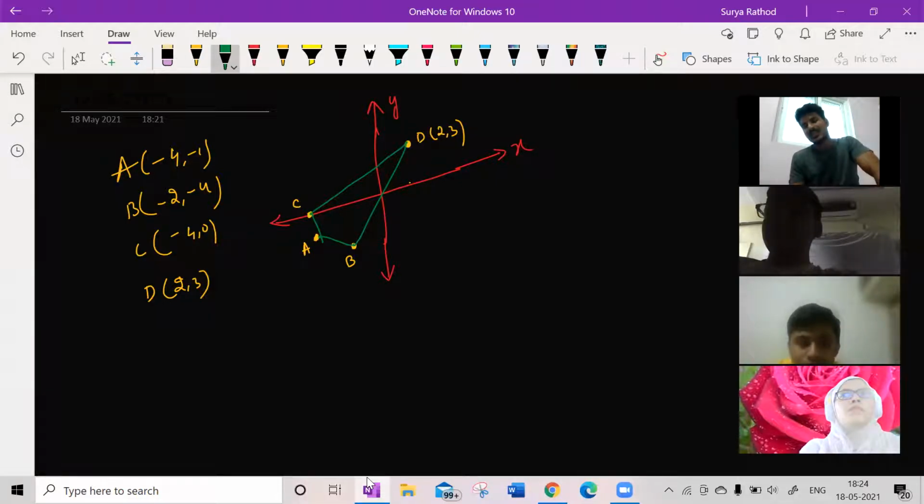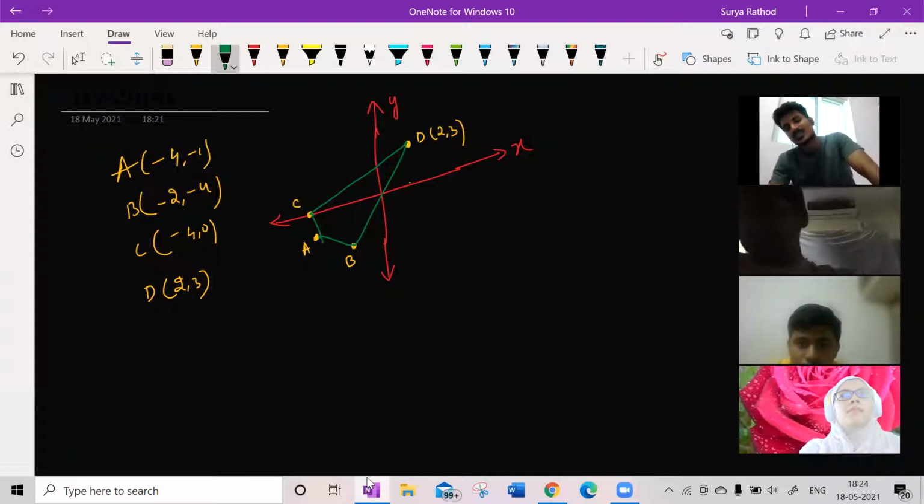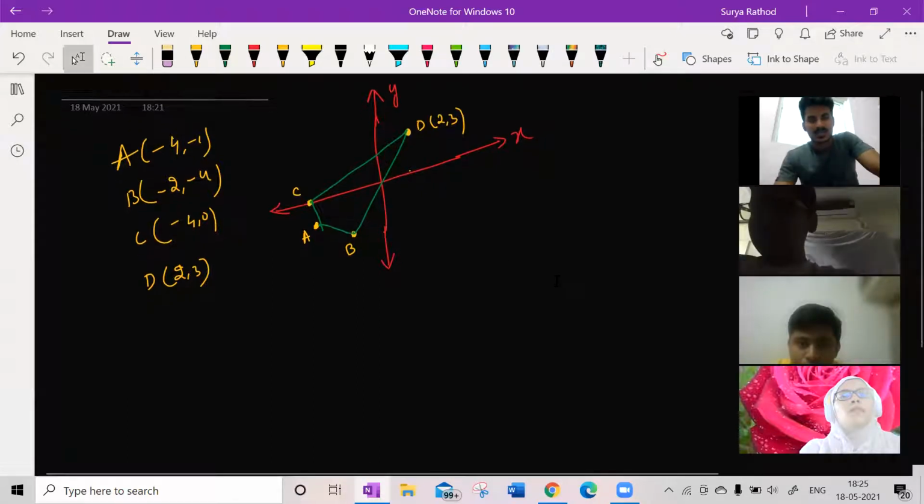Clear? So it happens. We are having online tests and giving the papers online, so sometimes we might be having wrong questions. Clear? So that's supposed to be a kite. So next one.